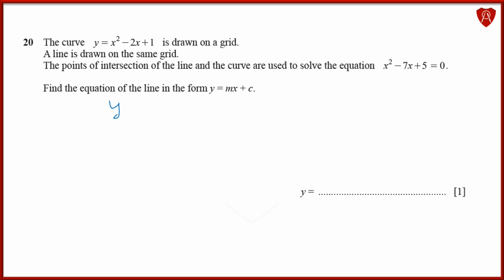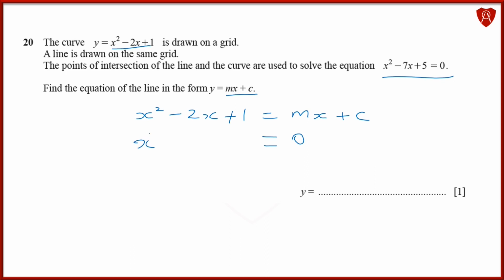At the point of intersection, both values of y given by the two equations must be equal. So x squared minus 2x plus 1 must be equal to whatever mx plus c gives us. Given that this equation has 0 on the right side, we need to ask, what do we need to do to get 0 here? We need to modify this equation here, starting with x squared minus 7x